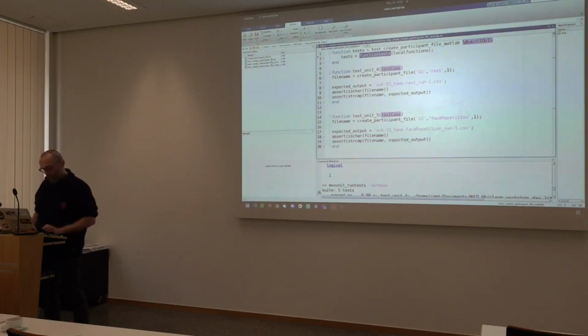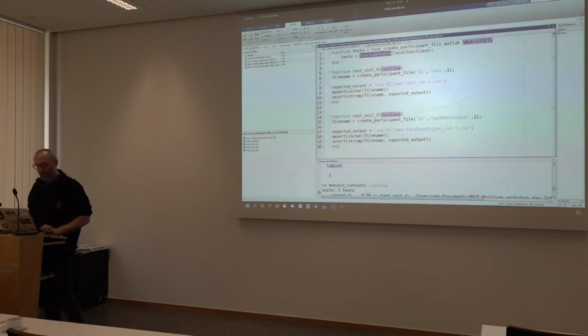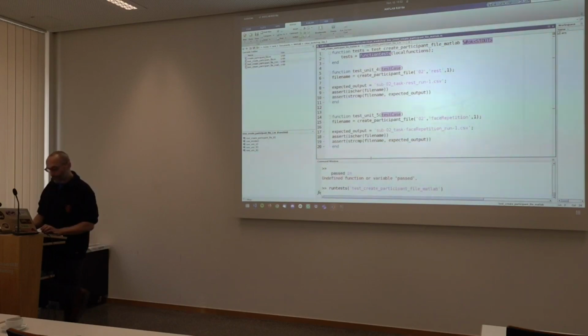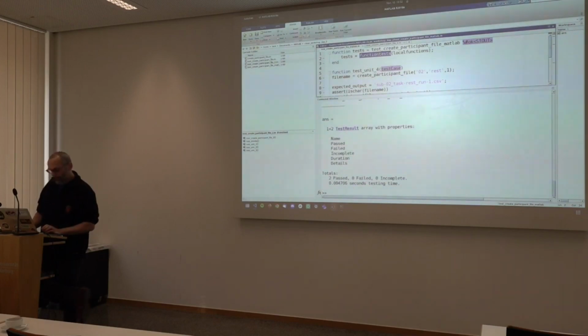The only difference you might not have noticed is that, okay, so this is a test with MOxUnit. All the buttons you have here look pretty much like the usual things. There is the run button for running a function or script. But if it's written as a MATLAB test, you see that those buttons are slightly different. Here, MATLAB recognizes this file as a test file. So you can either run the whole thing. It does take a bit longer to run the test, but you also get a report like this telling you which tests have passed, failed, incomplete, the duration of each of them, and so on. So you get some statistics as well to identify the slow tests.